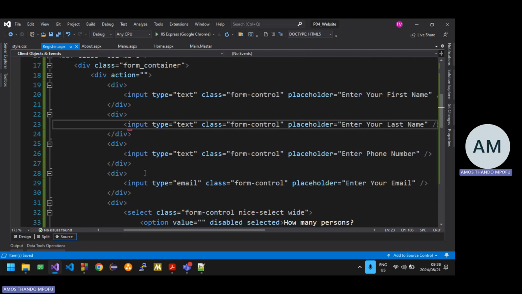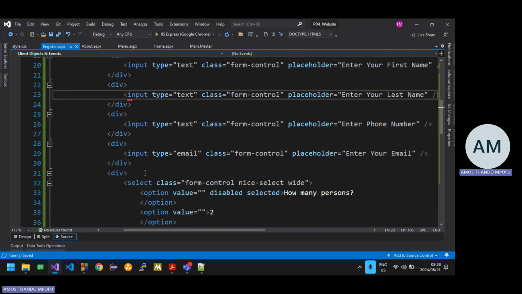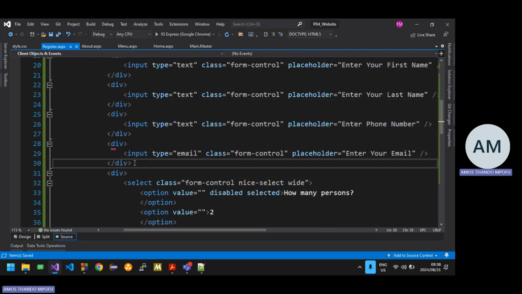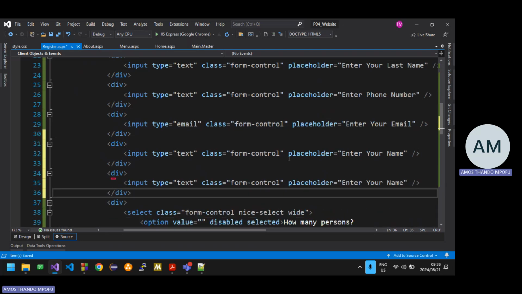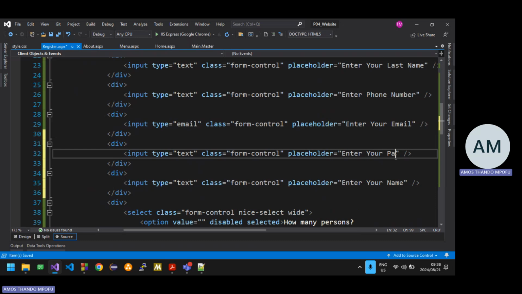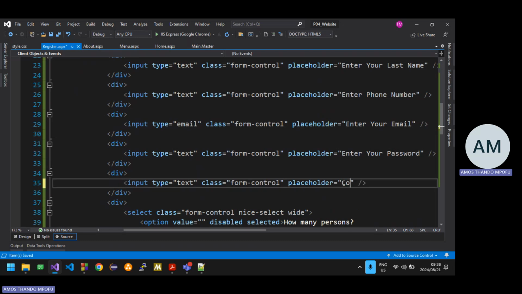The driver, if we had drivers in this application, the driver will use that person's phone number, or just for future reference, right? And then I'm gonna need passwords, right? Two password inputs, because we need to ask the user to enter their password, and then after entering their password, they need to confirm their password, right? So confirm